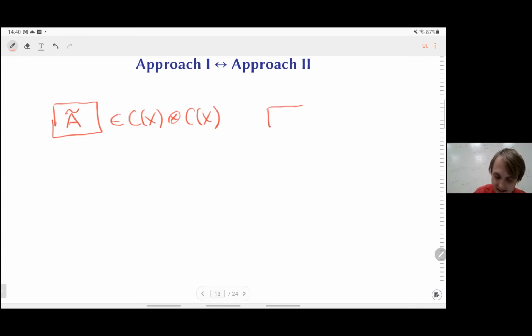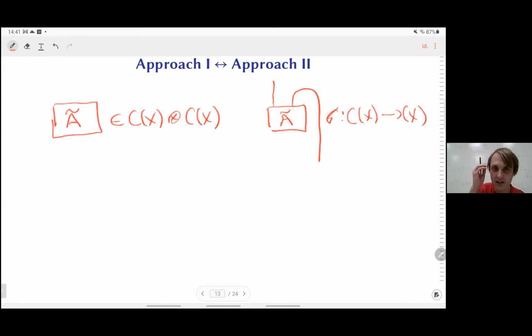And I can take this projection and compose it, in one entry, with my bilinear form, and I obtain a map from Cx to Cx, which I can interpret as the adjacency matrix, and this adjacency matrix will satisfy the appropriate conditions.